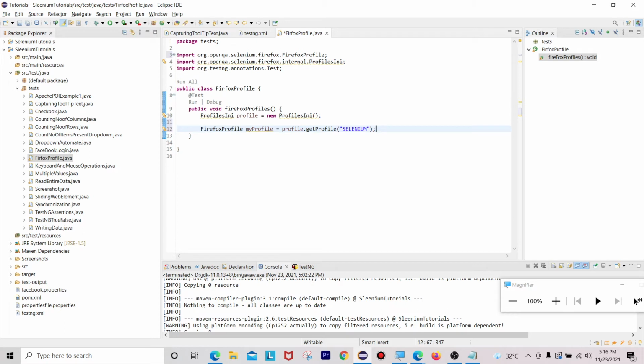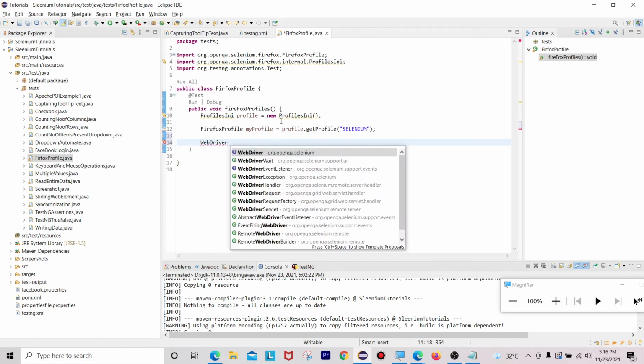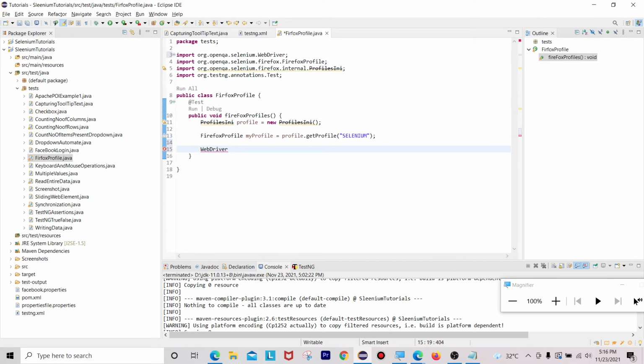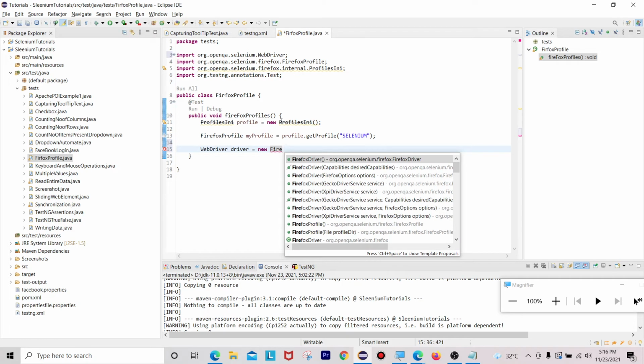Now I am going to write WebDriver driver equals new Firefox driver of, what is our profile here? Firefox profile.